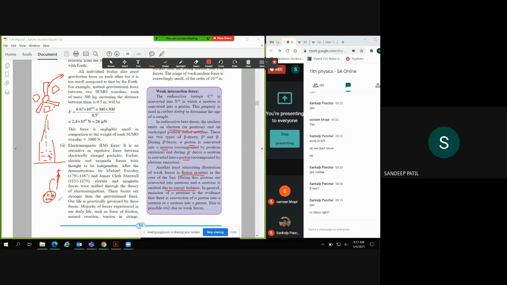So from fusion or fission, right? Right now fission is available. Most of the world is using fission reactors, and people are trying to get fusion as another alternative energy source which they can convert to electricity. For that, these weak interaction forces are useful, or really advantageous. That's the whole story. Okay, if you have any question, you can ask.